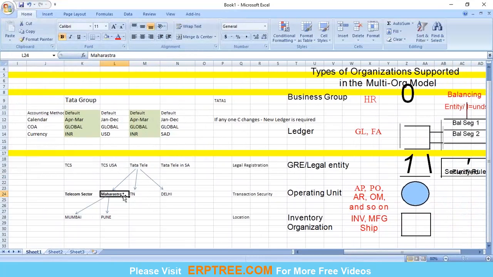Now, just to give an example here, don't take it too much into that one. In those scenarios, yes, my operating unit has to be restricted to one specific area, where I can perform the purchasing, and I can also do the order booking and the invoicing. So my transactions, both ability to pay and ability to receive, are restricted. My transactional security is required at this point in time because I don't want somebody